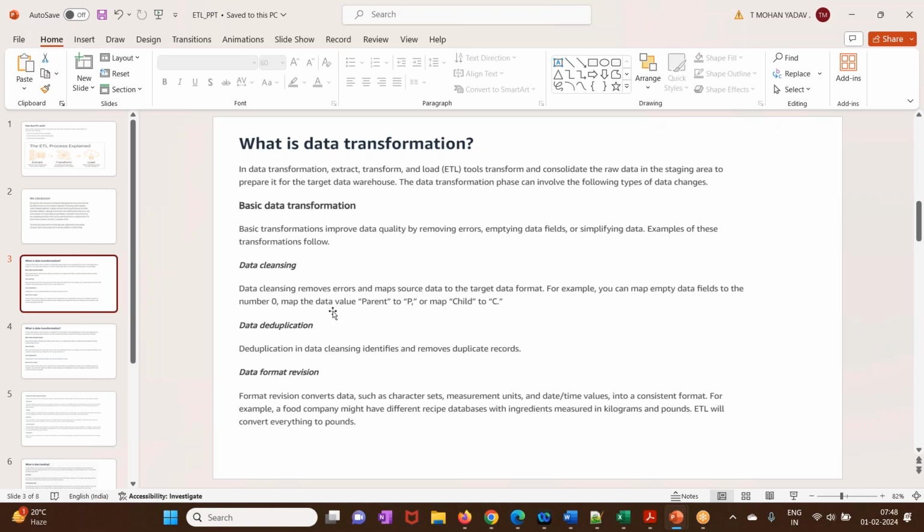These are the basic transformations: data cleaning, removing duplicates, and format revisions. And there could be some complex transformations, though not major complex transformations from a Snowflake perspective. From the ETL point of view, the complex transformations could include